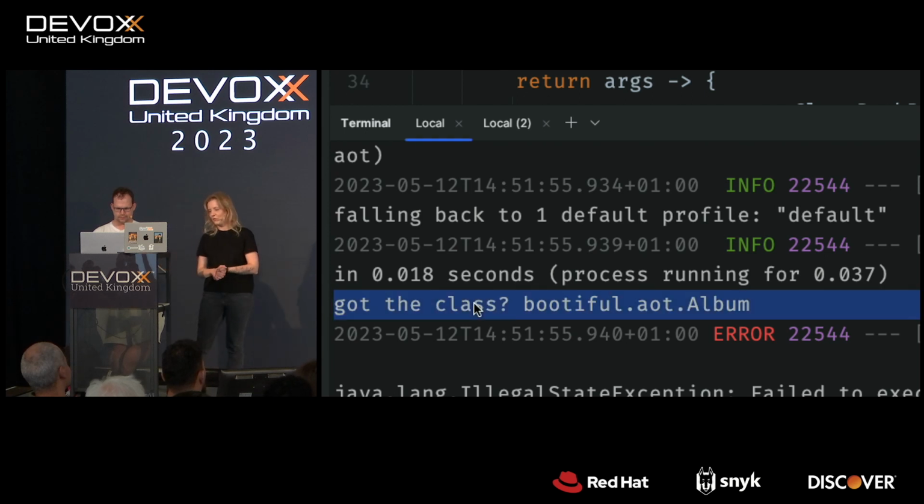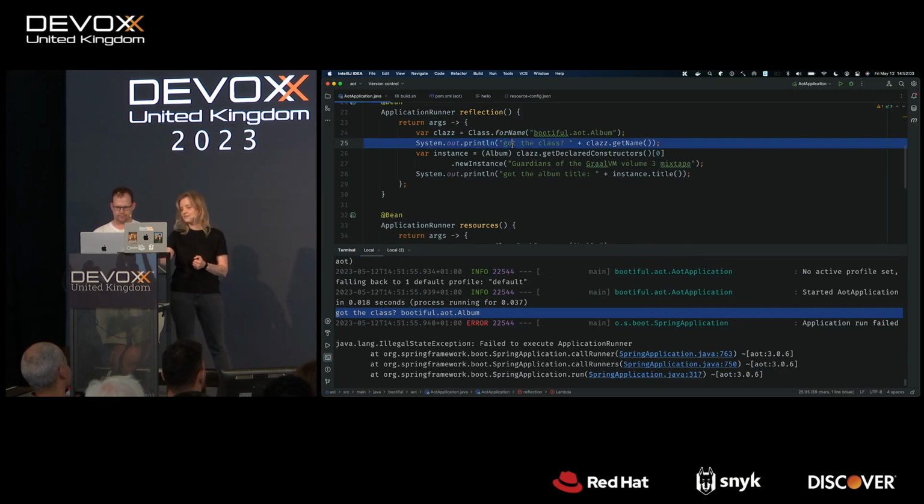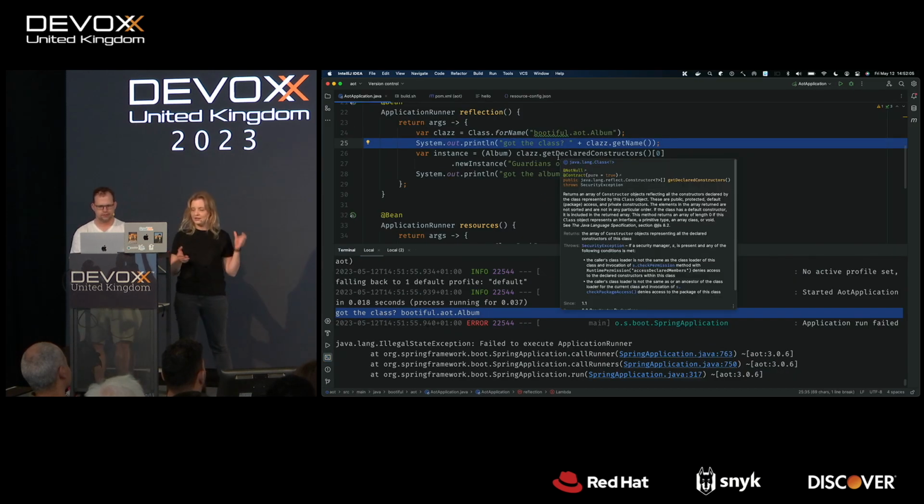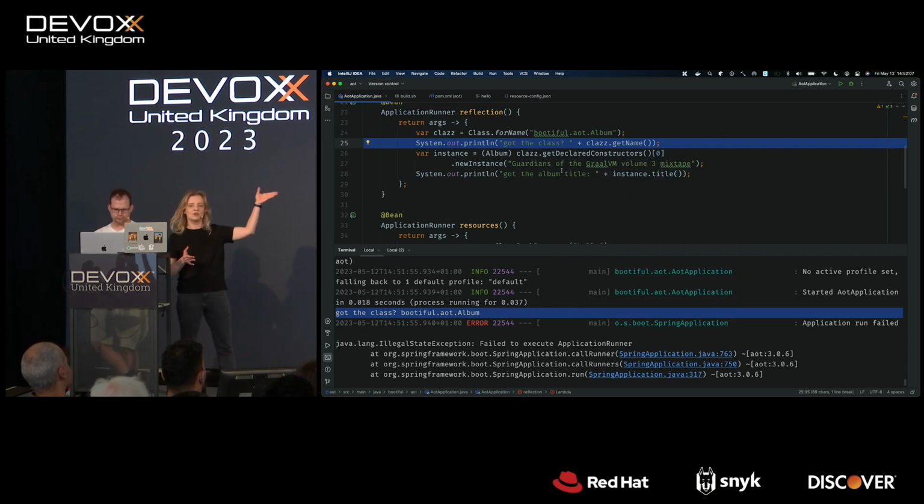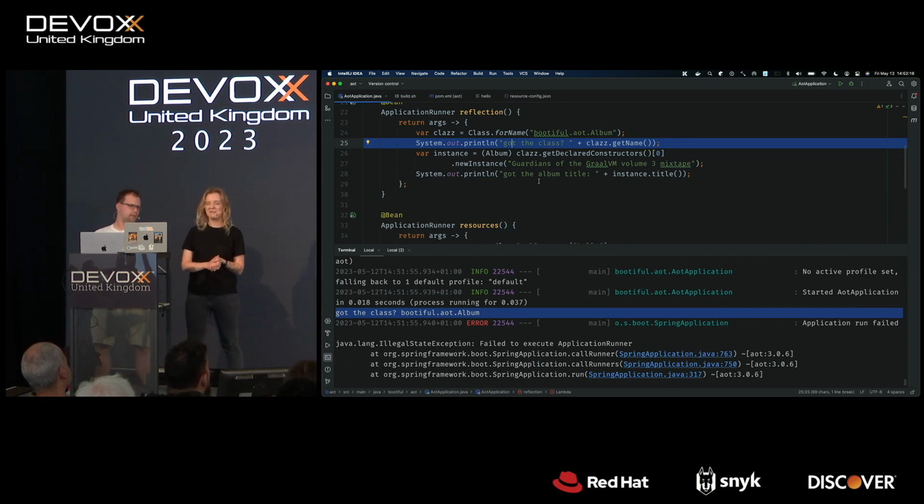So here's the first point we want to make. We got the class name, and this was resolved by native image on its own. This wasn't configured by us. But later on, when we try to get constructors, it gets a lot more challenging. So we want to be able to create that configuration. Last time we just did it by hand, but it wasn't fun. It's not how I'd spend my Saturday.